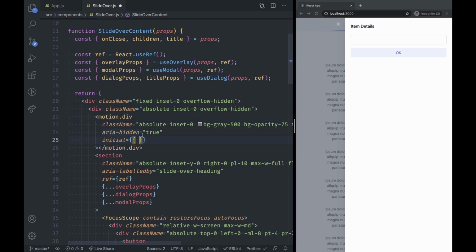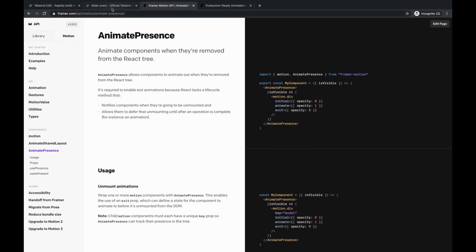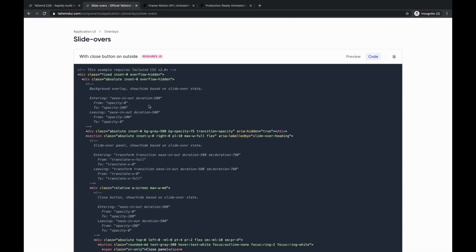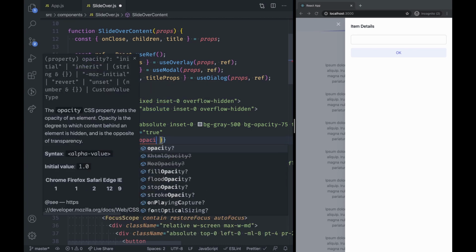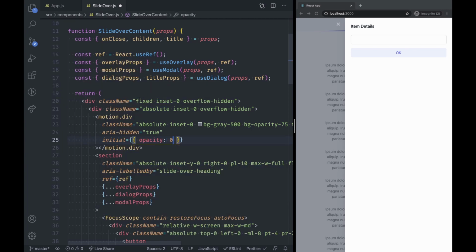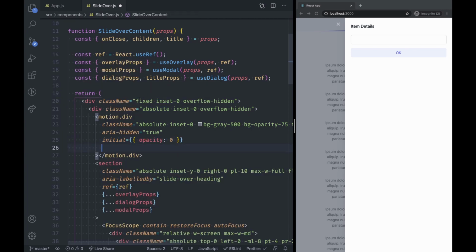And as we saw in the Tailwind UI options, we want the opacity to go from 0 to 100. Okay, so we can say opacity 0, and now the animation that will be